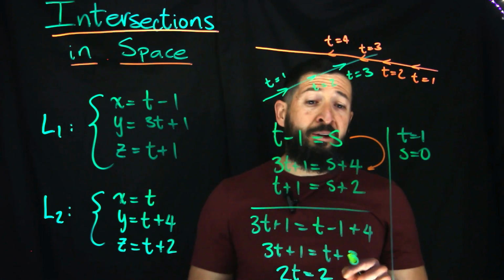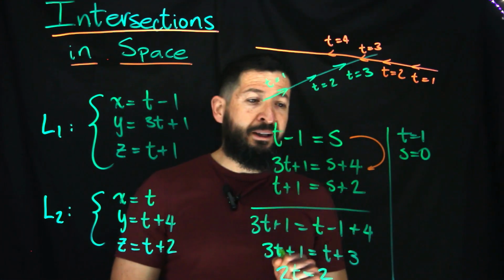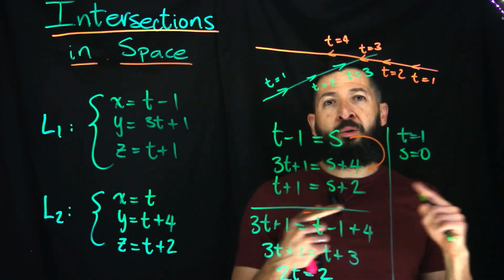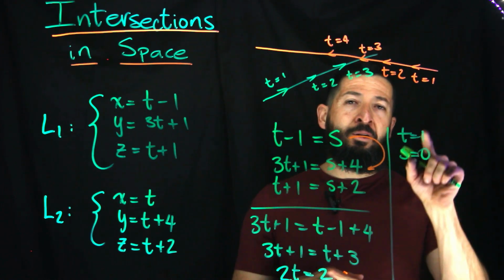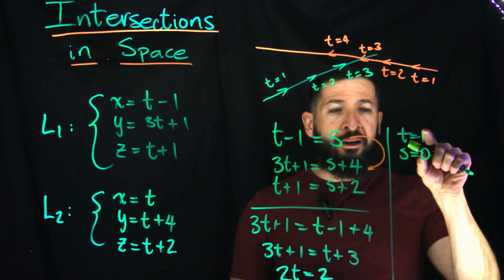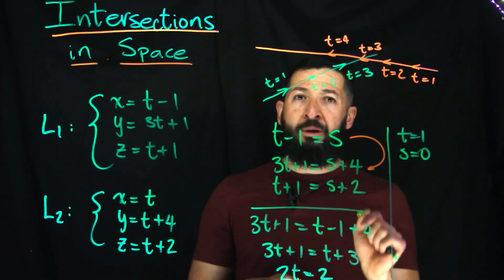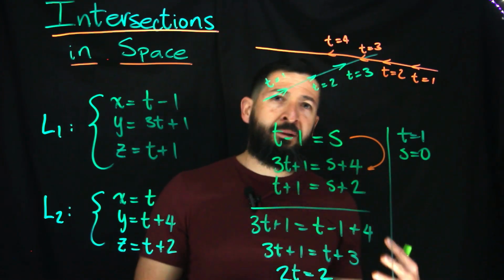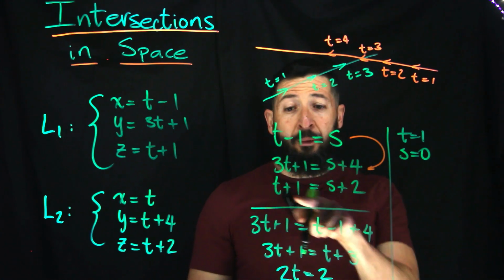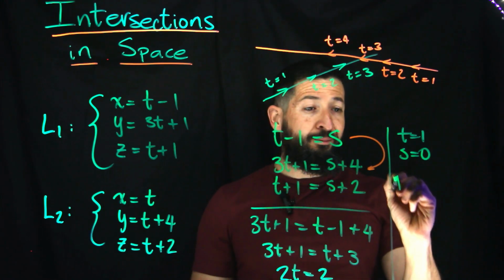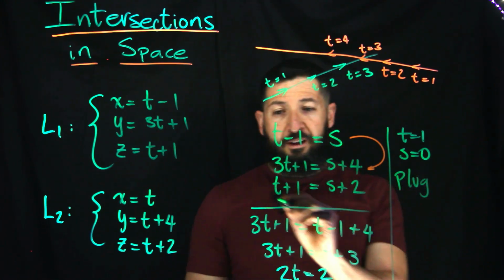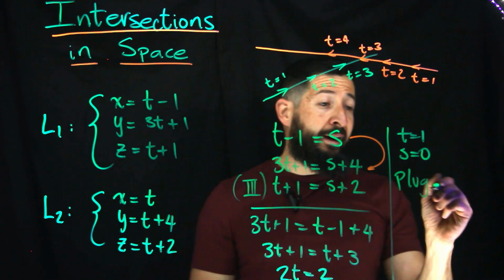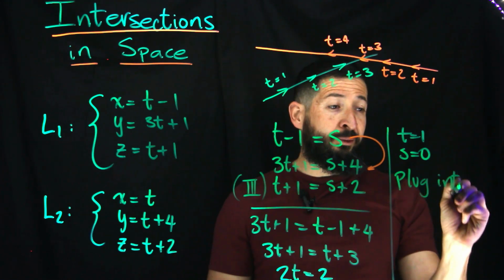So what I'm going to do now is verify that equation 3 is indeed satisfied. If it's satisfied, then I know the 2 lines intersect. If on the other hand, I would plug this into this equation and it wouldn't be satisfied, then I know the lines don't intersect. I know they do intersect because I set it up that way. So plugging into 3, so I guess this is going to be equation 3, even though the other ones I didn't label. And so plug into 3,